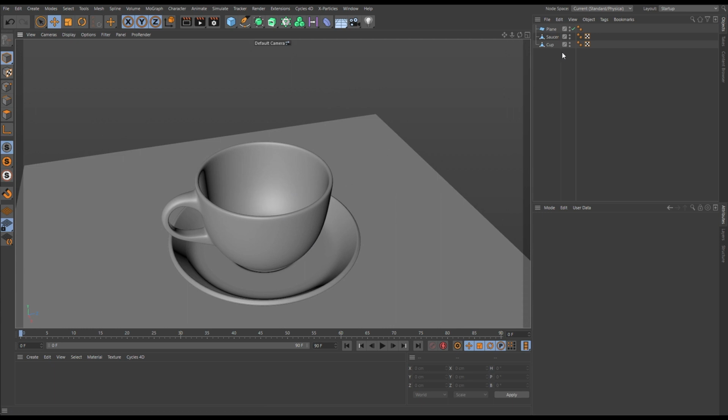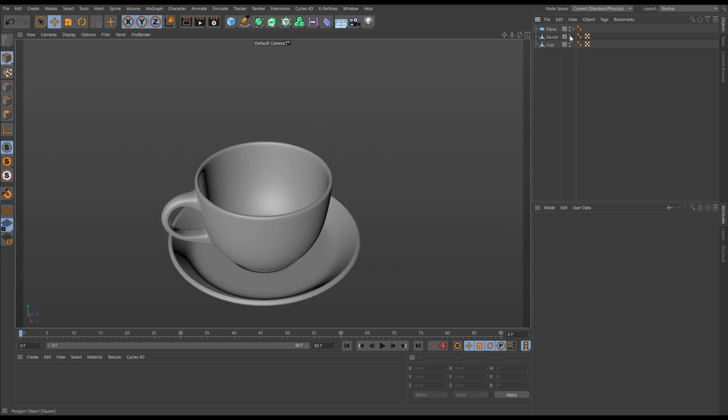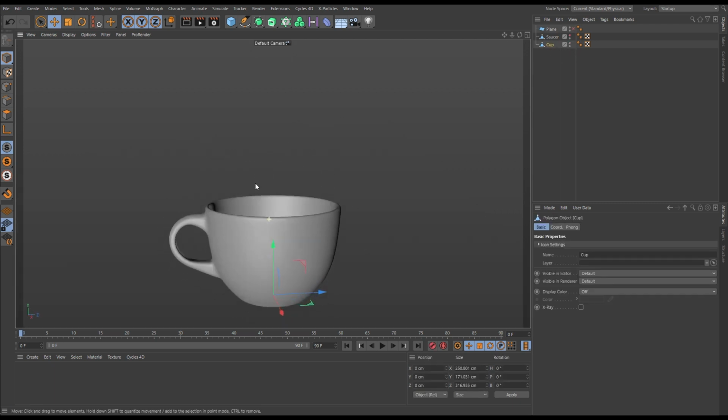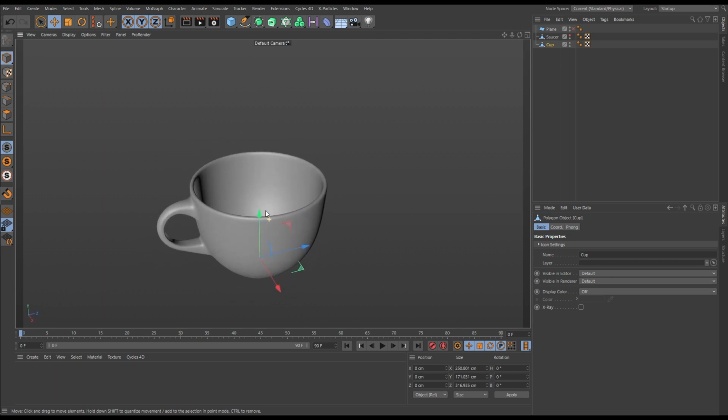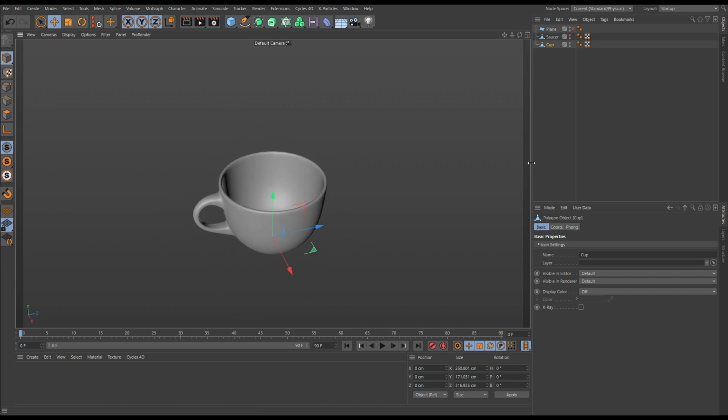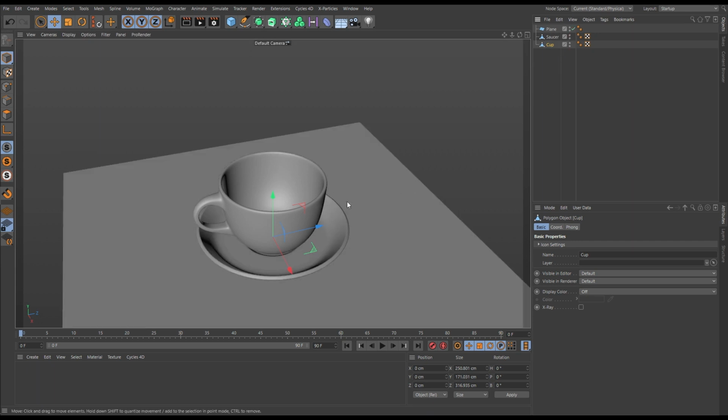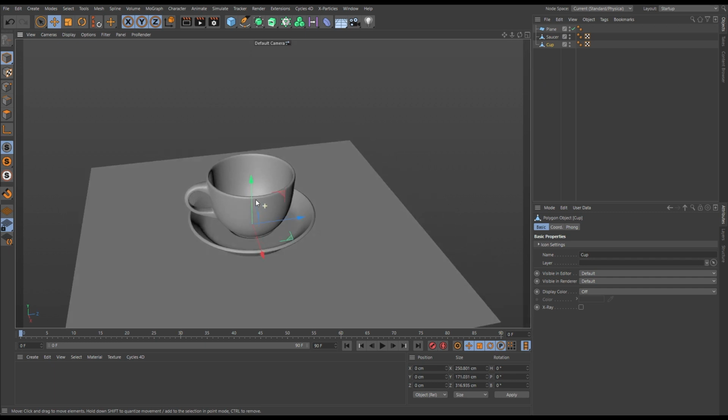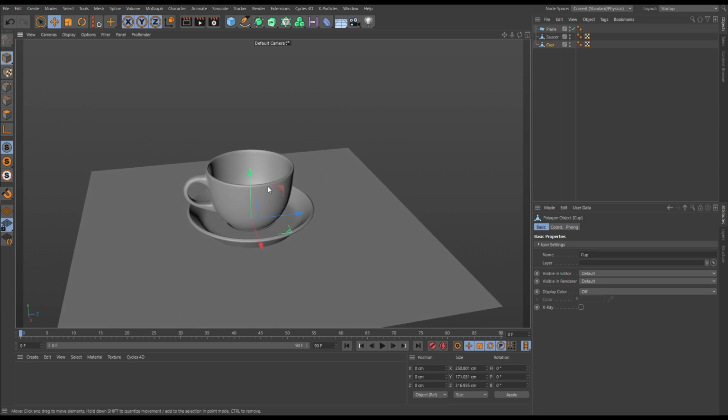over the edge, then we could not have the plane, not have the saucer, and just use the cup as our collision geometry, and then obviously import the scene into the full scene with all of the render elements that you want to have in the finished scene. But for us, just so we have a little bit of wiggle room, we have a saucer and a plane which will act as a ground plane in case we want to do a couple of different simulations, one that's contained within the cup, maybe one that splashes over, because obviously anything that you want to